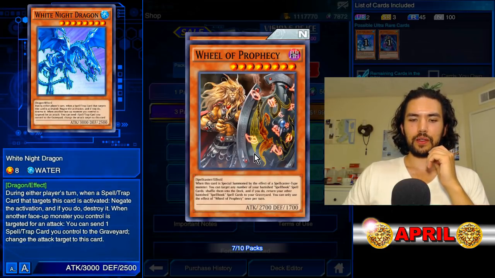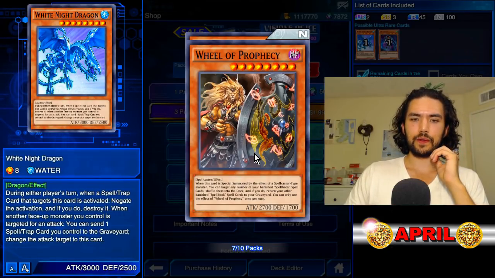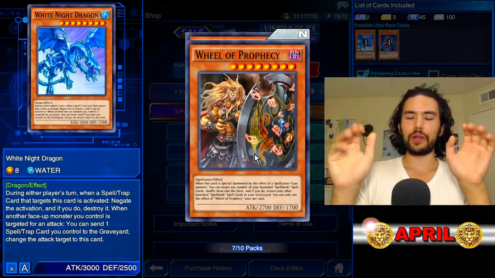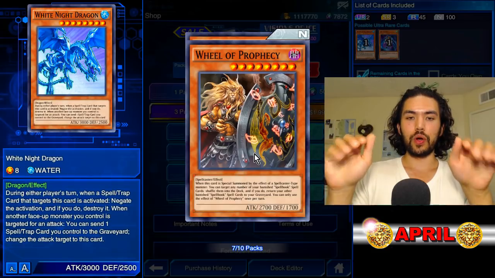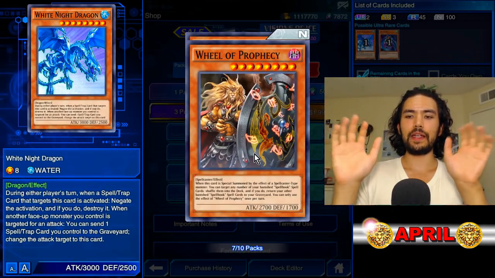Special summon by the effect of a spellcaster type monster like Prophecy Justice. The old Justice Woman. Target any number of banished spellbook spell cards and shuffle them into the deck. Alright, so let's talk about why this is a rare, because it seems really good. Why is it a normal? Why is Konami just giving this card away for free? Because the strongest cards can be used whenever. Right? At any time